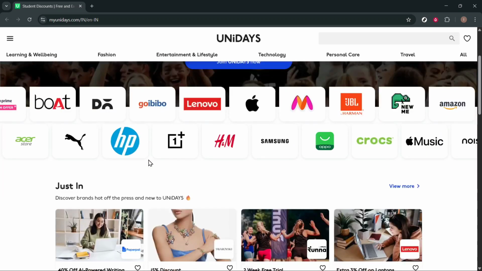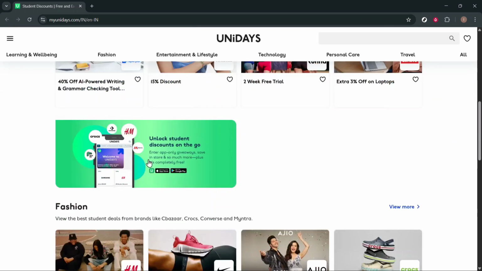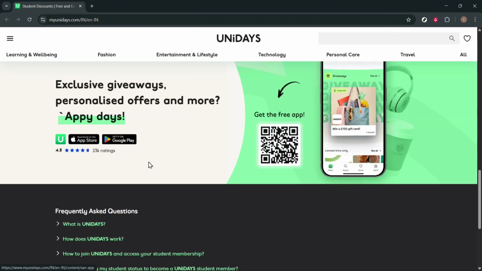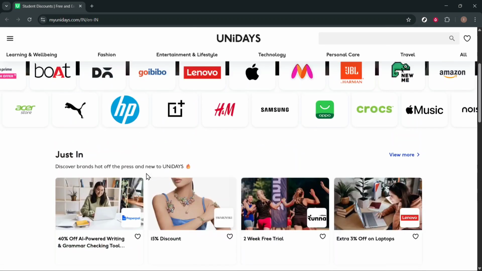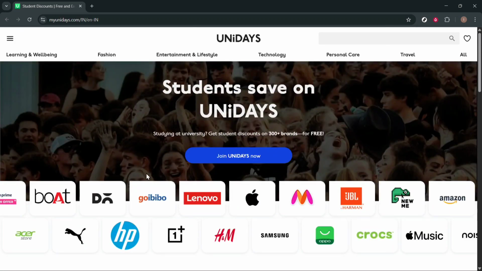Second, download the Unidays app. Mobile users often get exclusive flash codes and limited time offers. Unidays partners with top brands. You can save up to 60% on Adobe Creative Cloud, 20% on Nike, and even discounted subscriptions like Spotify and